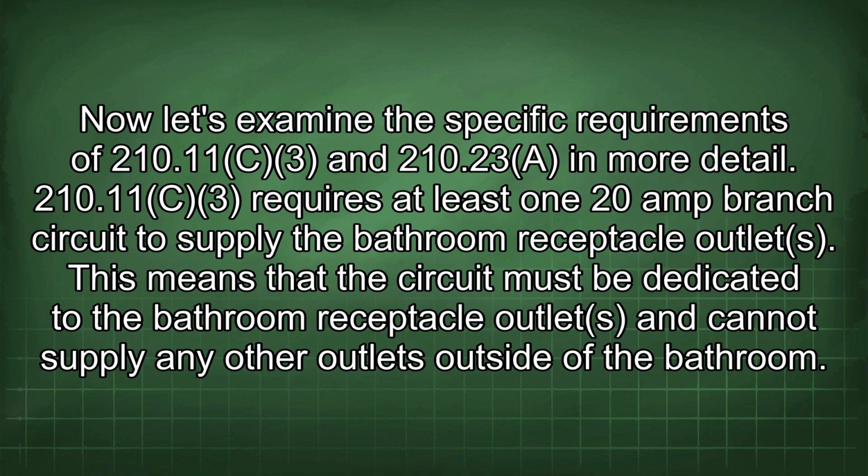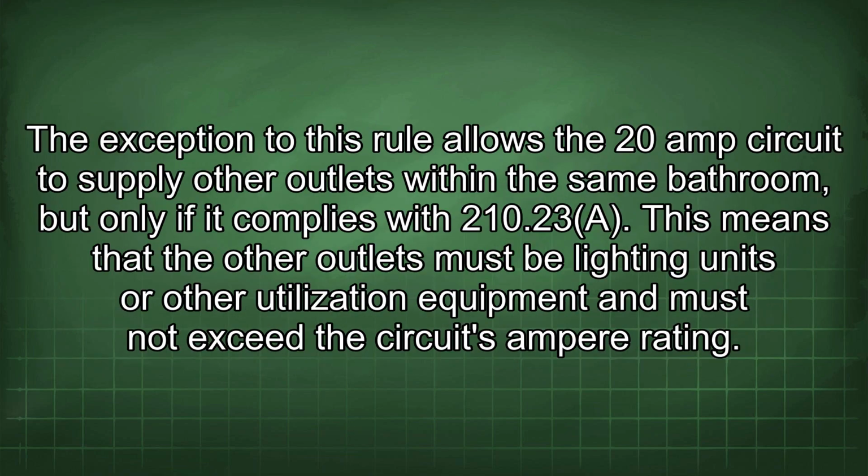Now let's examine the specific requirements of 210.11(C)(3) and 210.23 in more detail. 210.11(C)(3) requires at least a 120 volt, 20 amp branch circuit to supply the bathroom receptacle outlets. This means that the circuit must be dedicated to the bathroom receptacle outlets and cannot supply any other outlets outside of the bathroom. The exception to this rule allows the 20 amp circuit to supply other outlets within the same